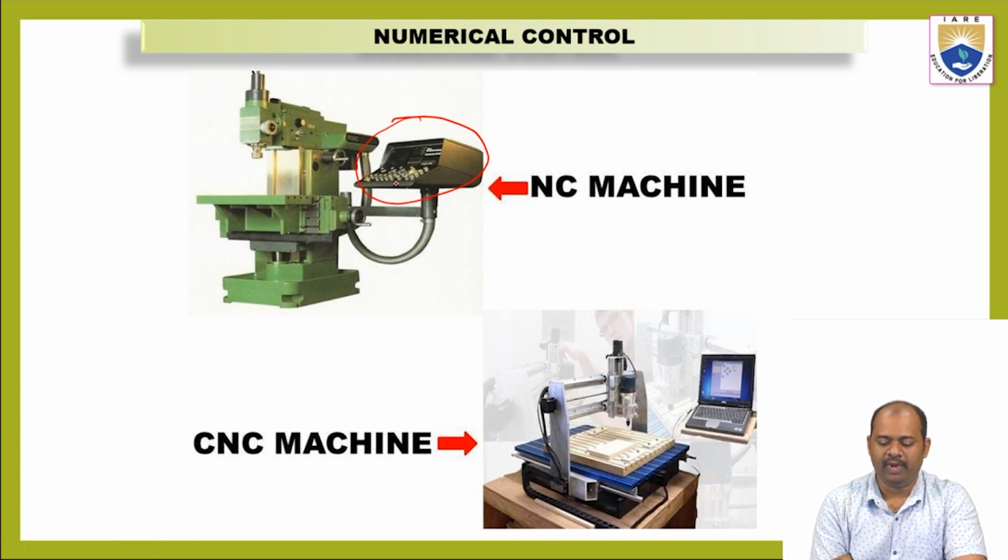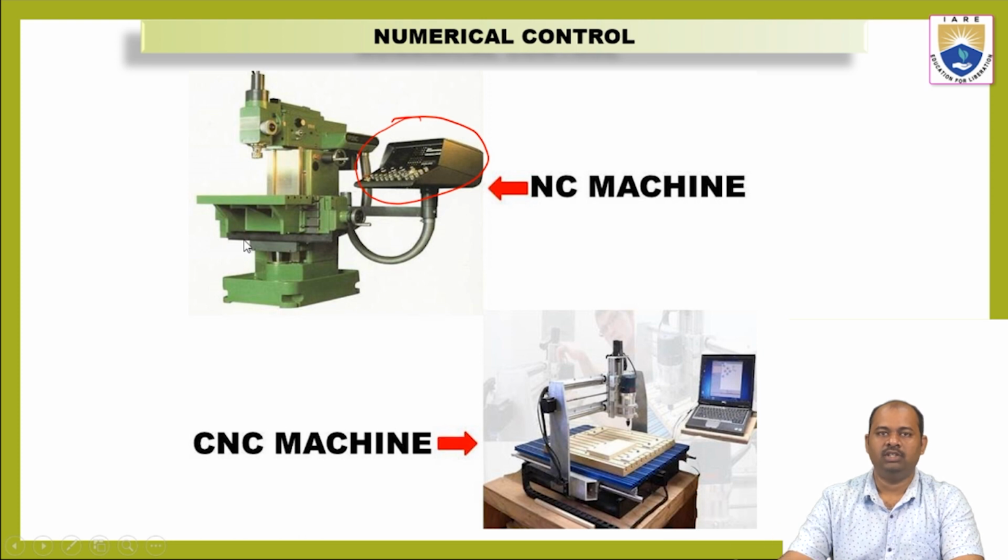This will have a panel, some buttons or switches, and a small screen where we can upload or download the program, and we can change the program of instructions within the numerical control system itself. We don't need to go anywhere. We can change the instructions here itself. So this numerical control machine is connected to the operating manufacturing machine, and it can control the entire thing. Whatever the program is, that can be given into this numerical control system,